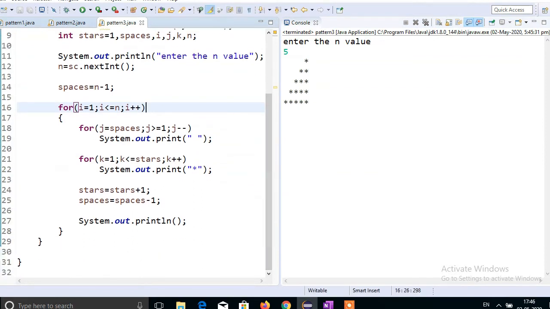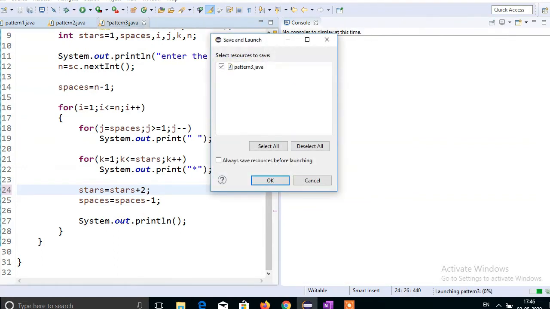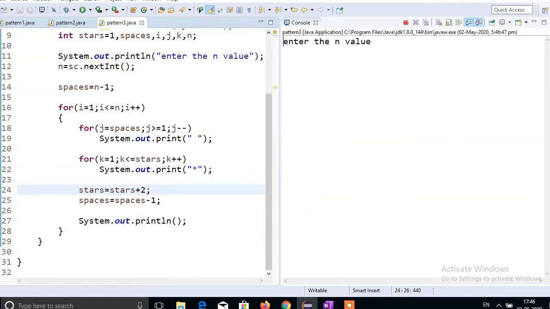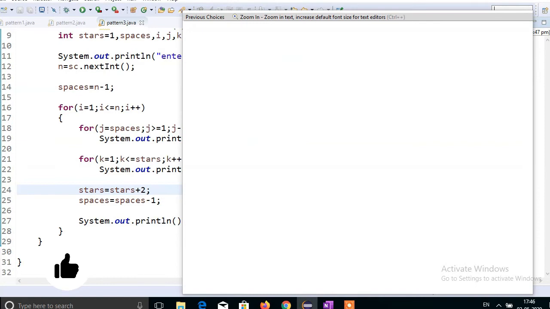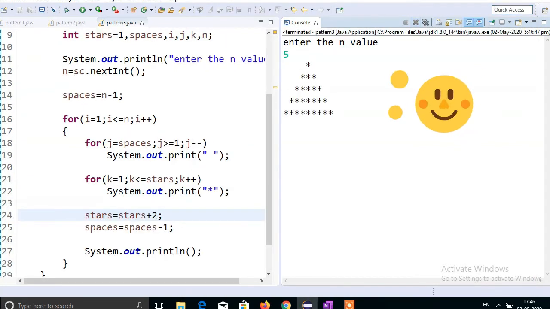The one change is in this position, the stars position. If you give plus 2 now, it will print a triangle shape. See this one, it will print a triangle shape.